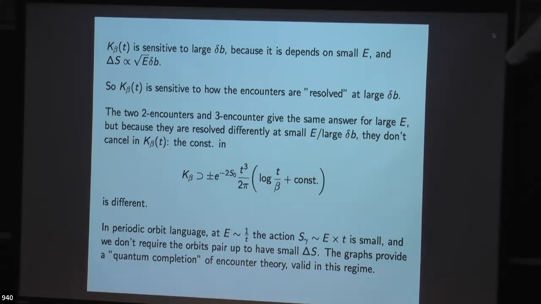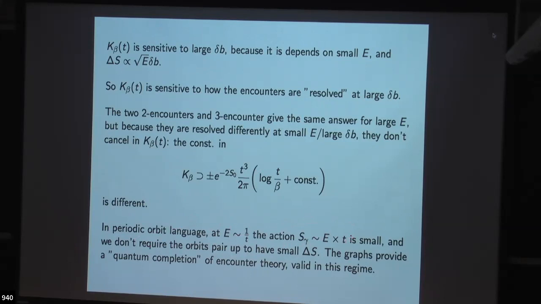So the reason we're getting this t cubed is because there's a t cubed in the encounters, but the 2 encounters and 3 encounters don't cancel exactly anymore because they behave differently, they resolve differently at low energies. So in periodic orbit language, this is like saying at low energies, when we allow these encounters to become stretched out in some way